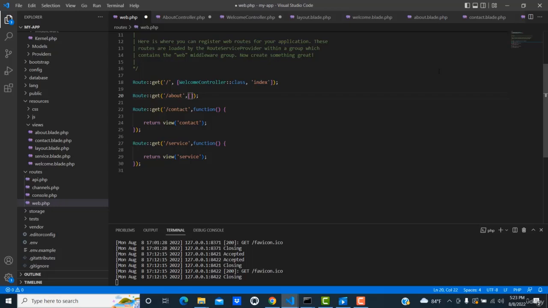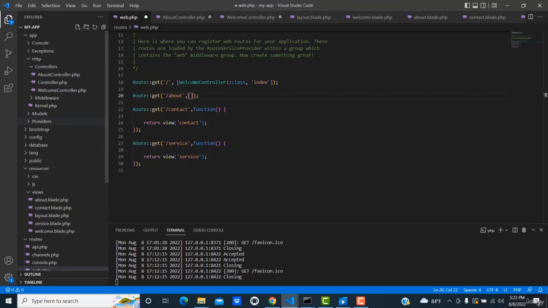Here we have to write the controller name. Keep remembering all these things very well. About controller. So we have to write about controller. Here you can see the controller name, about controller. You get it from here, after the class,